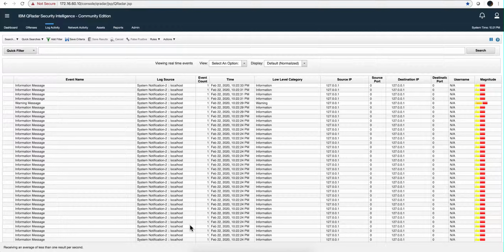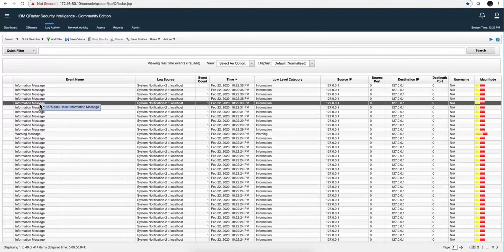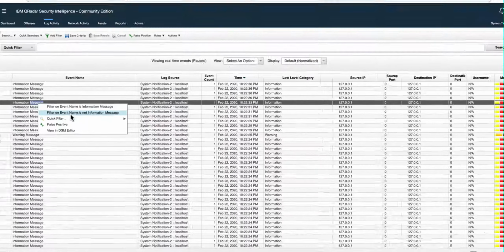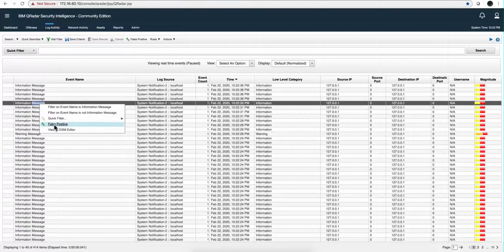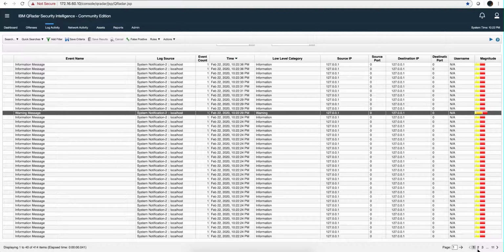But they're annoying. I don't need to see these when I'm doing an investigation. One way of getting these things put behind is actually pausing the collection, and then you right click into every one of those events and say filter on event is not. Then you save that search and all that. But there are many of them, and which of them? There's a warning here. If we go onto the next page, we're going to see some health metrics